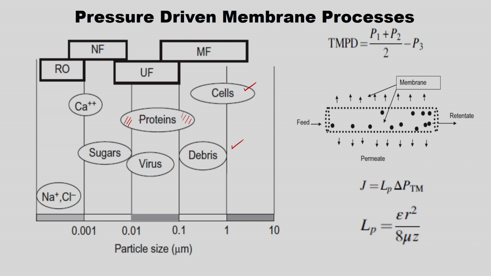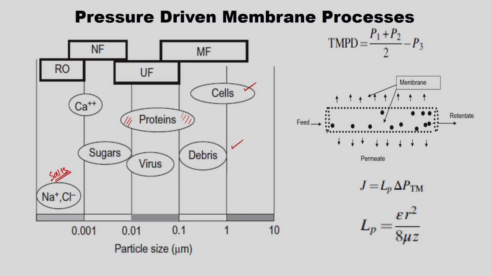Some of the protein particles also go into the permeate, and some of the viruses also pass through, that means permeate through. Nanofiltration retains mostly sugars, and it can also contribute to calcium ions, but if you go to reverse osmosis, all the ionic species, Na+ and Cl-, are retained. So this is mostly salt, which is why we use it extensively in desalination of water, reverse osmosis.